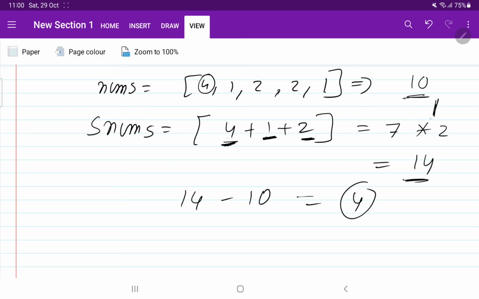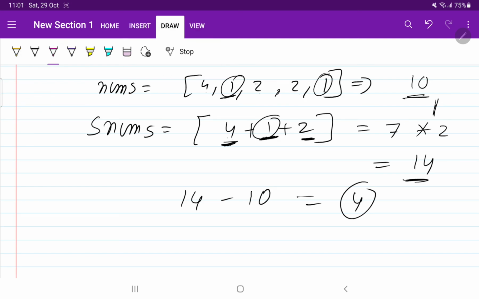So their difference is only 4, because 1 has come 2 times here, and here also we have doubled the 1. And 2 has also come 2 times here, and here also we doubled 2. Here 4 has come 1 time, but here we have doubled the 4. So the difference is only 4.